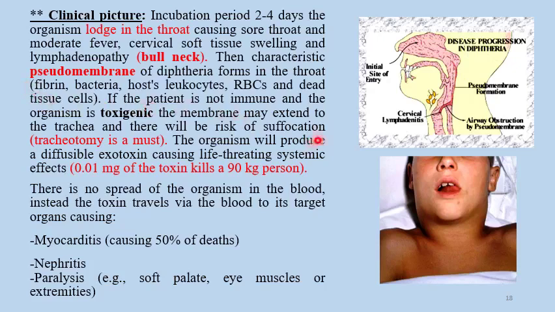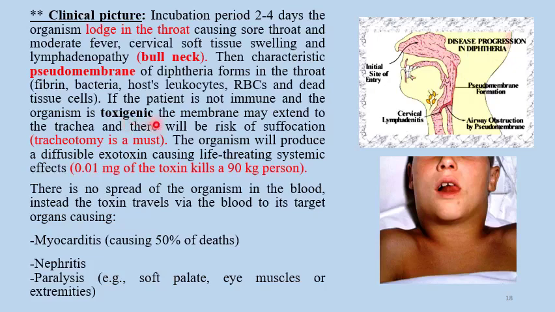So where is it found? As you see here in this picture, the pseudomembrane has formed, the dark red part, dark red in color. It is the pseudomembrane, and airway obstruction happened due to the pseudomembrane. Let's continue here. If the patient is not immune, did not take the vaccine, and the organism is toxigenic,